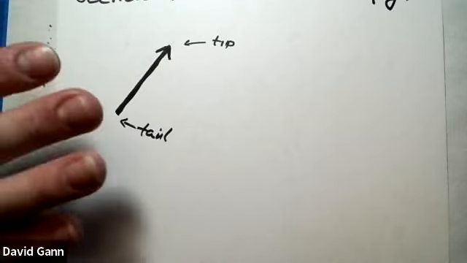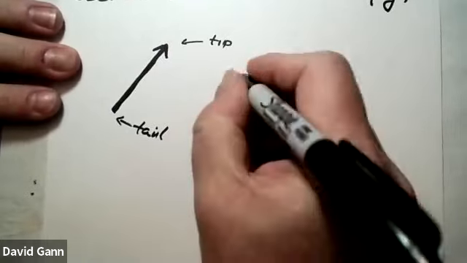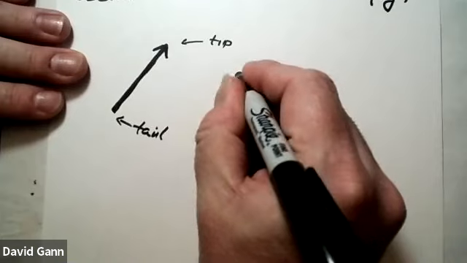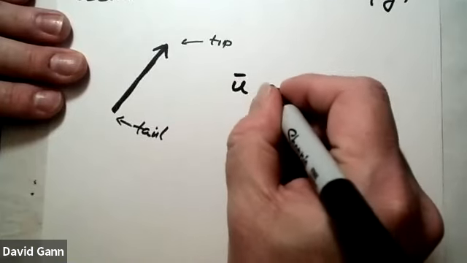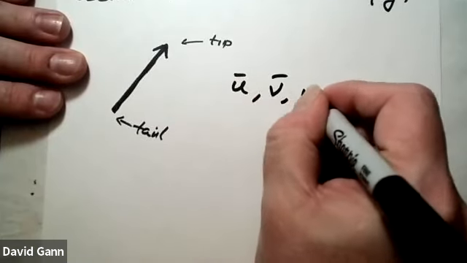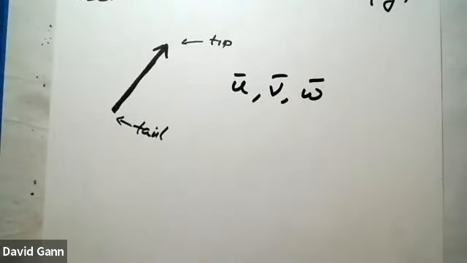But we can't really do a bold representation on a piece of paper. And so typical notation will be U with a little hat on it, or V with a little hat on it, or W with a little hat on it. These are almost universally recognized to be vector quantities, and so you have to start thinking about them in a different way. And they're always lowercase, because there's another thing that perhaps you have seen before in